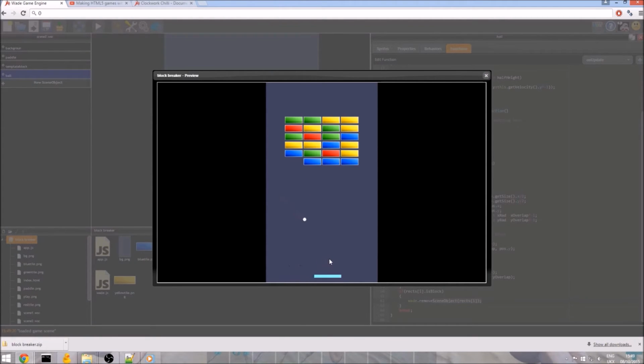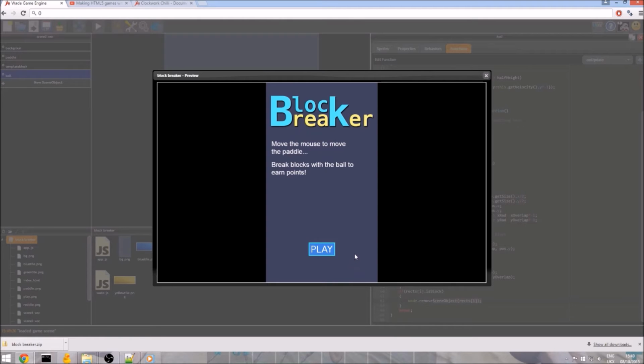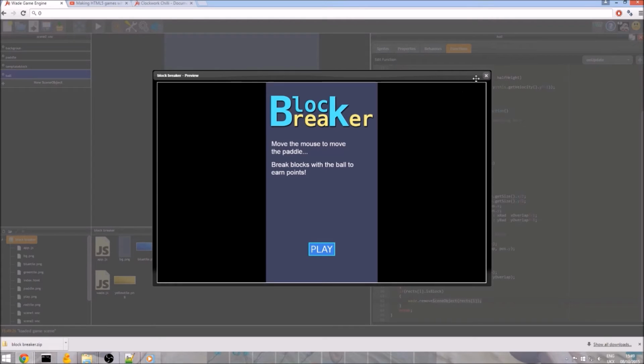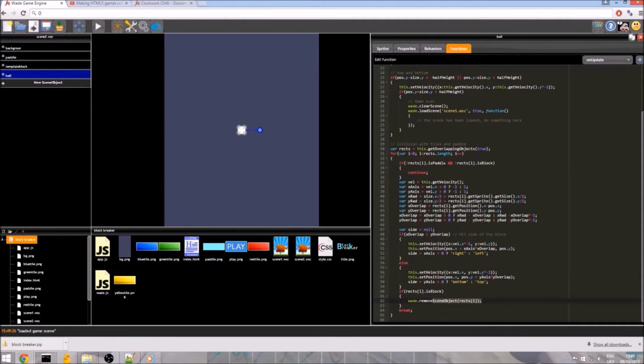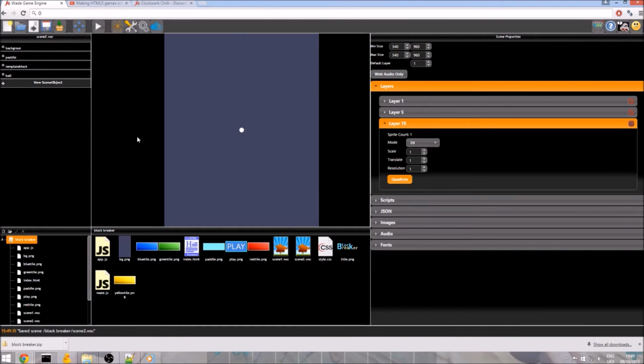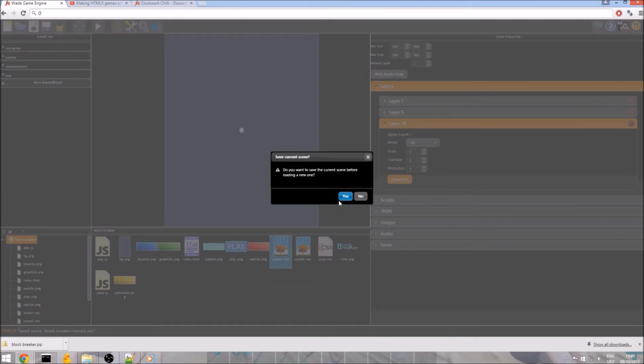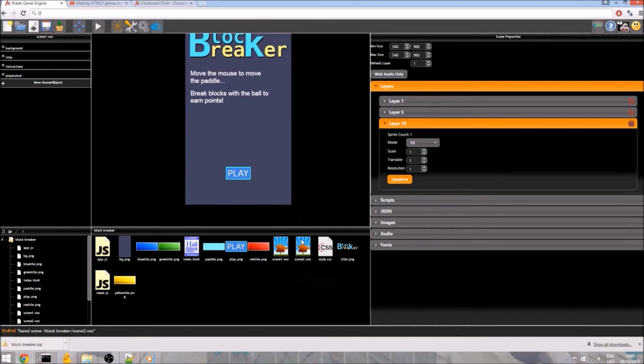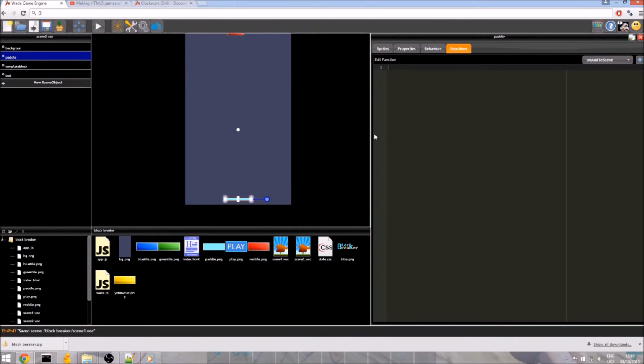So I play. Yes, it did hit off a block. Will it hit the paddle? No, it went straight through the paddle. Okay, let's try that again. Okay, so first things to check. We need to check this is paddle flag. Because clearly, if I haven't set the paddle flag, then this won't work. So we're going to go back to scene 1. And actually, no, we don't need to be in scene 1. We were in the right place. Scene 2. We click on our paddle.